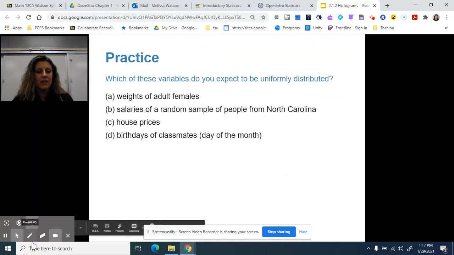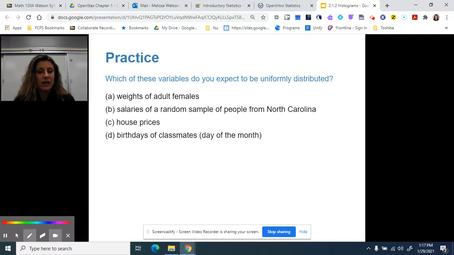Okay, so this little practice activity, we want to just determine which one do we think would be uniformly distributed. Weights of adult females, salaries of a random sample of people from North Carolina, house prices, or birthdays of classmates. Okay, so let's think about each of these